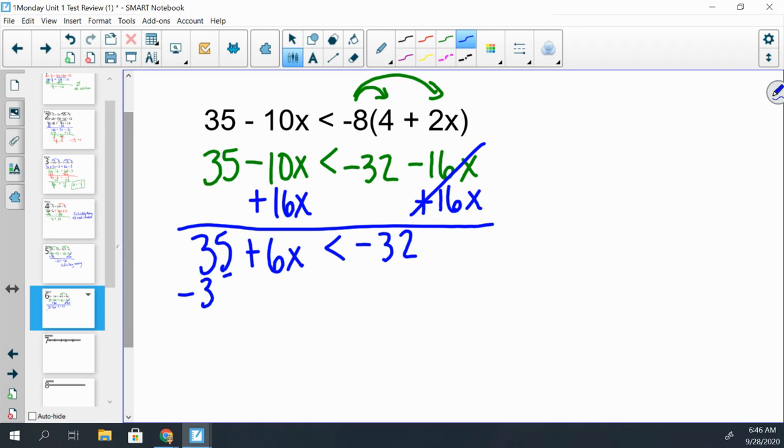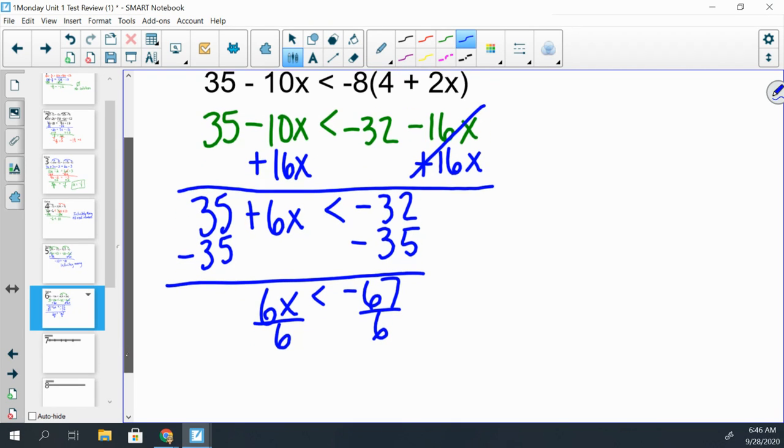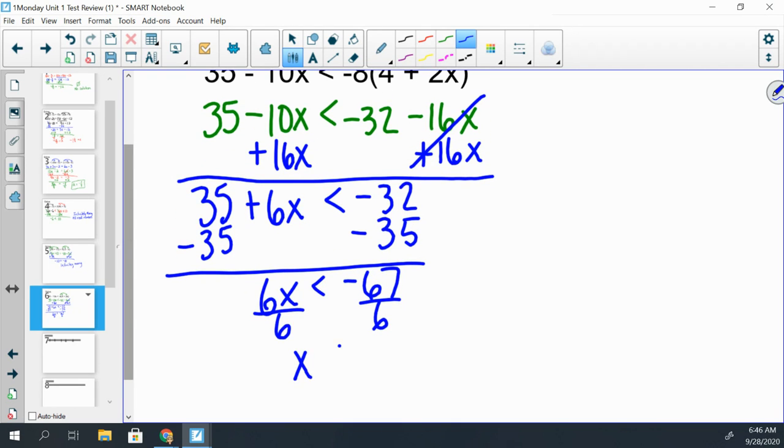So I'm going to subtract 35 to get x by itself. And I have 6x is less than -67. Now I can divide by 6. I'm not dividing by a negative. Even though there's a negative over here, I'm not dividing by a negative. So my sign does not flip. And I'm left with x is less than